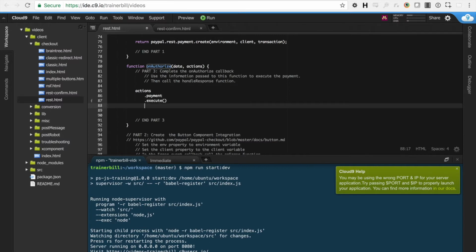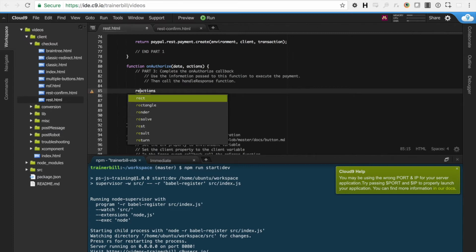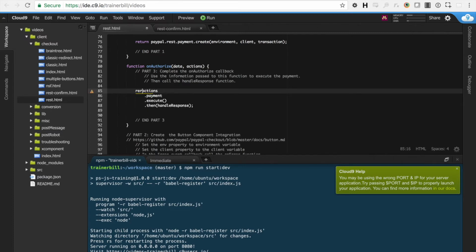And it says then, so that returns a promise. We are going to call the handle response function. And since the execute returns a promise, we're going to return right after we execute the